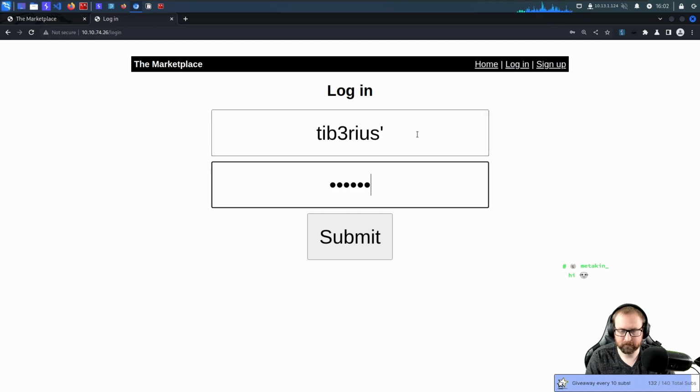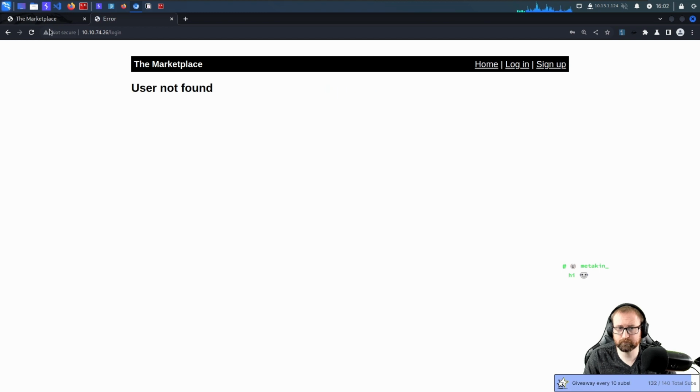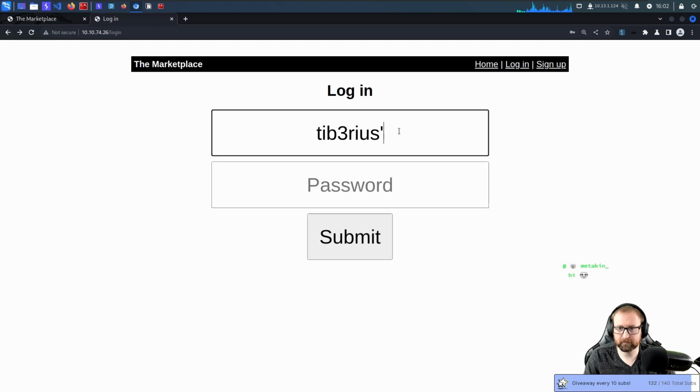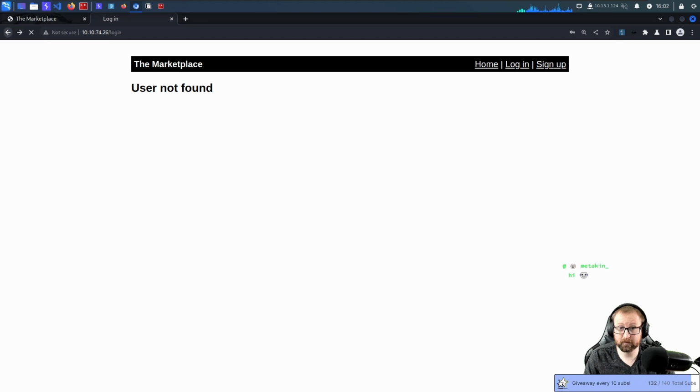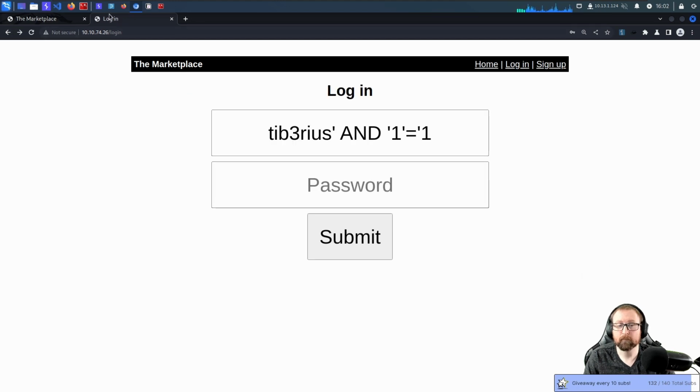Firstly, we're just going to try with a single quote and see what happens. User not found. And then what happens if we do and 1 equals 1? User not found. Okay. We can try it with double quotes.